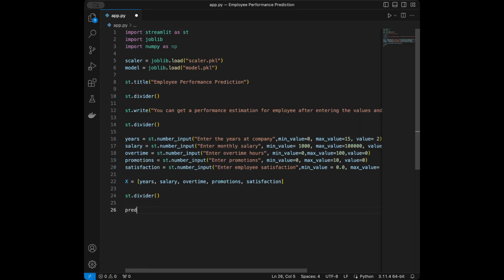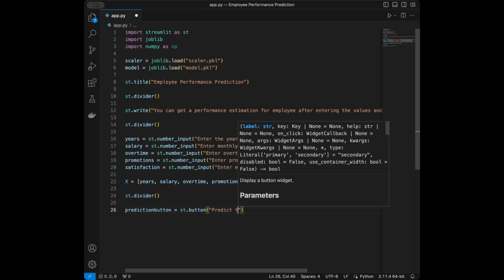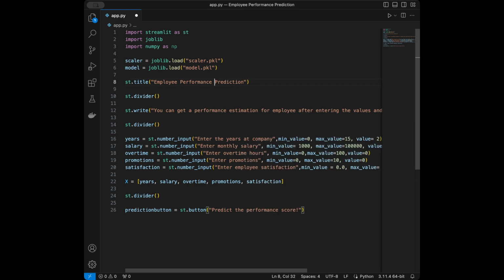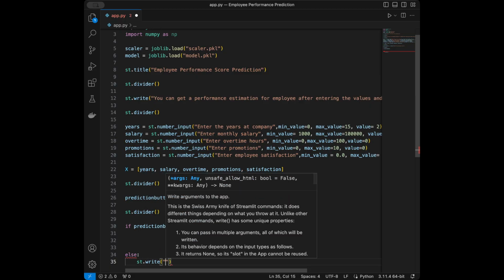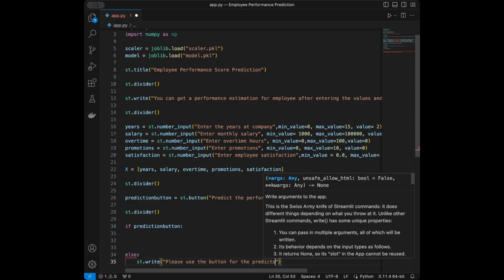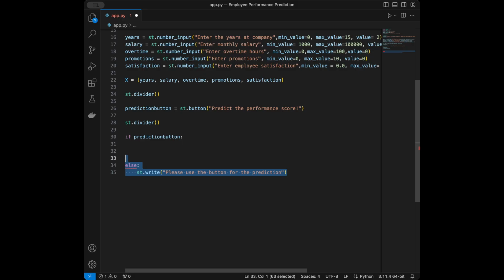I will say prediction button is going to be equal to Streamlit.button and predict the performance score, and I'm going to add score to here too. Next up, I'm going to say Streamlit.divider again. Firstly, I will say if the button is applied, I'm going to write the else. Please use the button for the prediction. And if the button is applied, we are writing this else because it's going to be running if the button